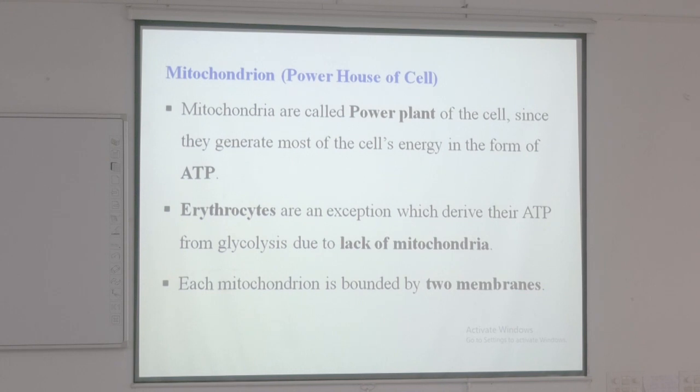So in erythrocytes, glycolysis proceeds and they can provide ATP for different functions, but not other cells. All the other cells, like hepatocytes and nerve cells, take their ATP from the mitochondria by the electron transport chain process. Different complexes are present. Each mitochondrion is bound by two membranes. It is important: it is a double membrane structure which folds inside the organelle, and we call that cristae.